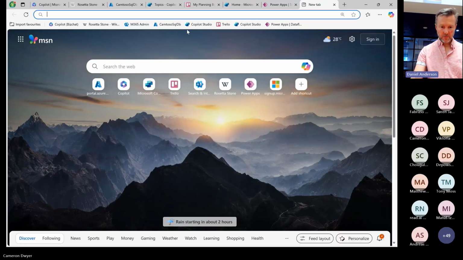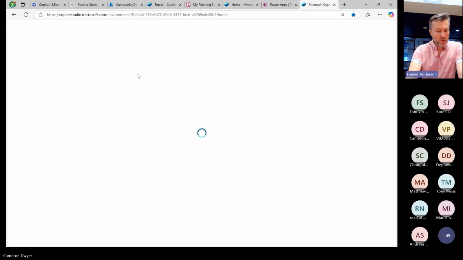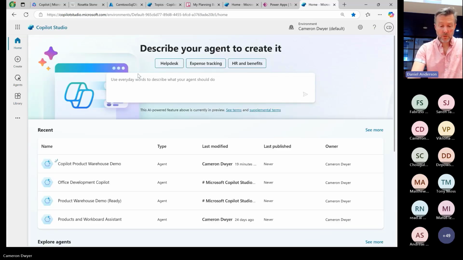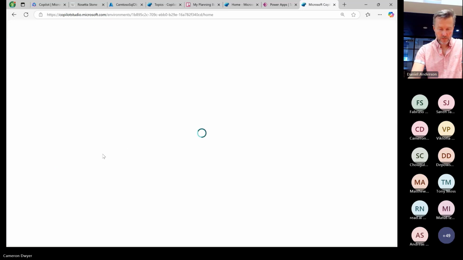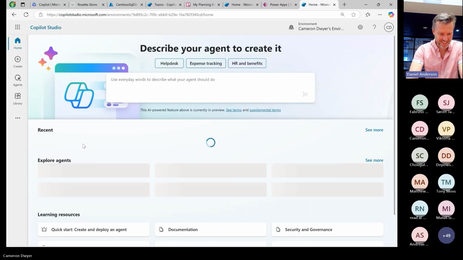So I jump over quickly to Copilot Studio. I just wanted to show you this one because it is super powerful for those of you that are using a data platform and have already got data in Dataverse. If we go over into this environment, I don't have time to create another Copilot, but I'll show you this one that's already set up.